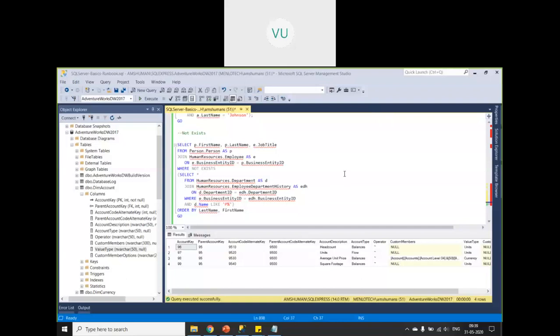So refer to the recording, refer to the material, practice, write as many different types of queries as you can. Take a scenario, take this AdventureWorks database, look at the tables, think about some use cases or problem statements, right? And try to write the queries. So I'll try to send you some problem statements. Imagine you are in a team, right?